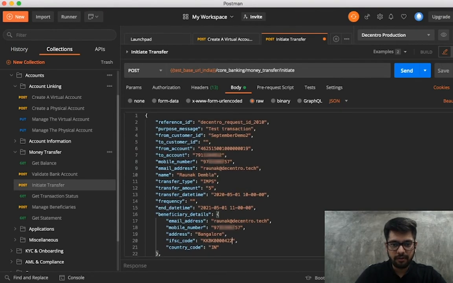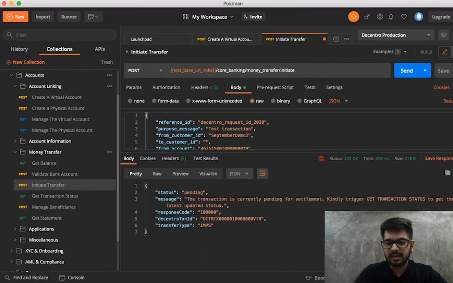So now all I've got to do is make sure that I've entered the details correctly. The account number is where it typically goes wrong, so you've got to double check that. And it's got to be 18 characters. And looks good. All other details look okay. And I'm going to hit send. Hit send, and it looks like the transaction has been sent to the bank.